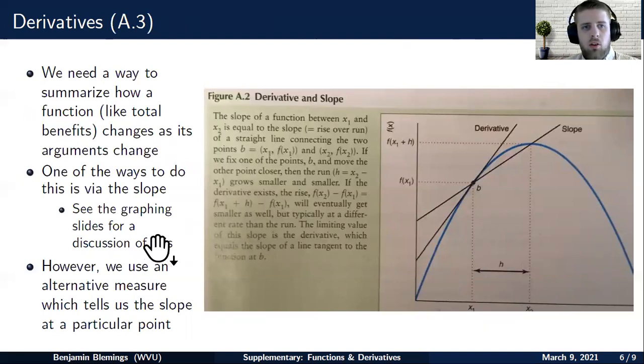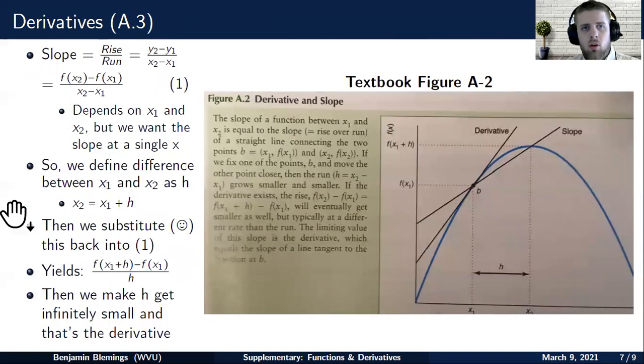One of the ways to describe how a function changes as its arguments change is via the slope. The graphing slides, which I've already posted, have a more in-depth discussion on this, or you can look over here where slope is the rise over run between x1 and x2. However, what we need to get towards is a way to describe the slope at just one particular point. So while we have our slope formula up here,